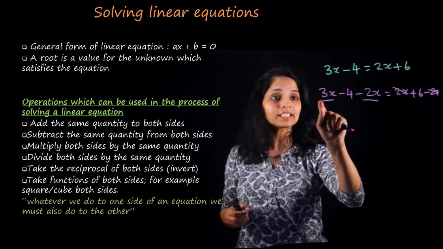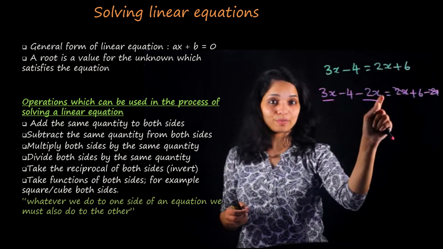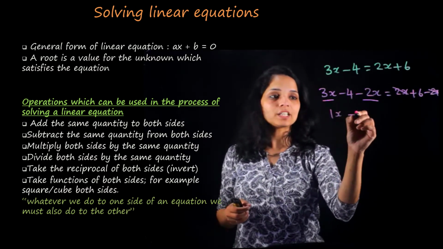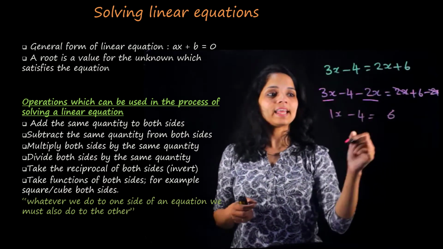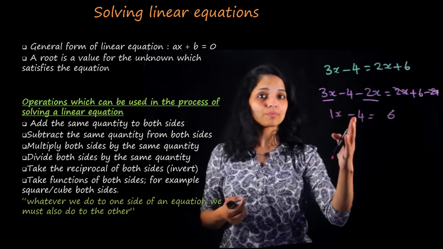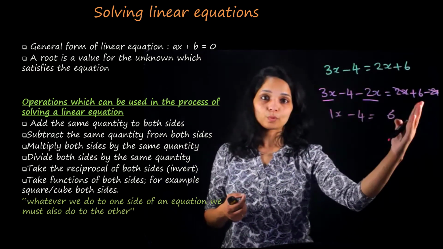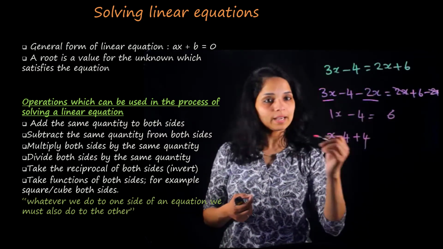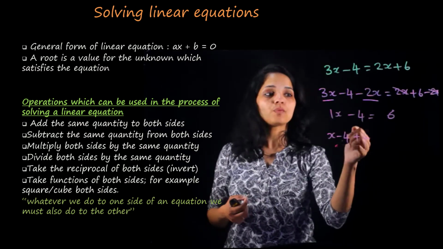So when you're subtracting only the coefficients, it's 3 minus 2 is 1x minus 4 equals 6. Now the next aim is to get rid of this minus 4. To get rid of minus 4, you should add 4 on both sides. Okay, so x minus 4 plus 4, that will make this 4